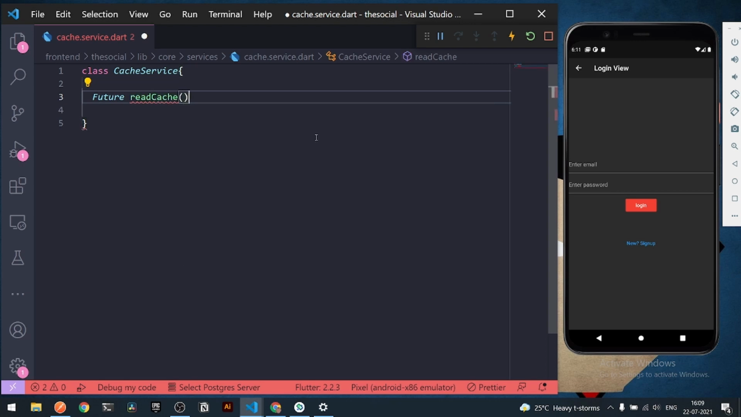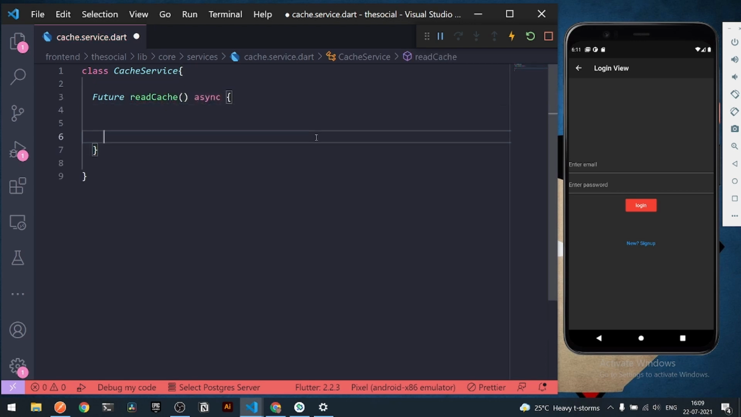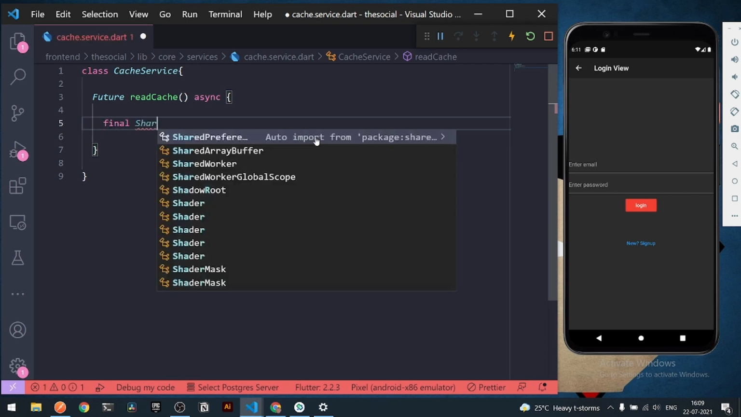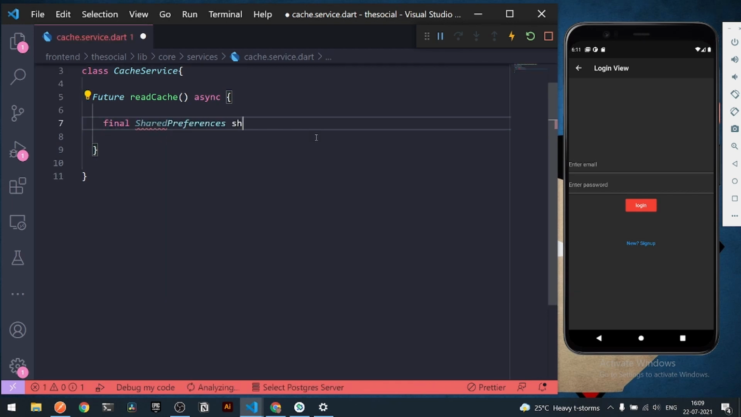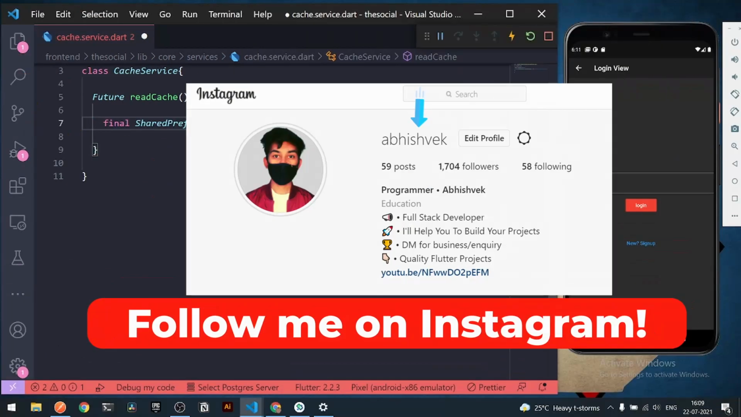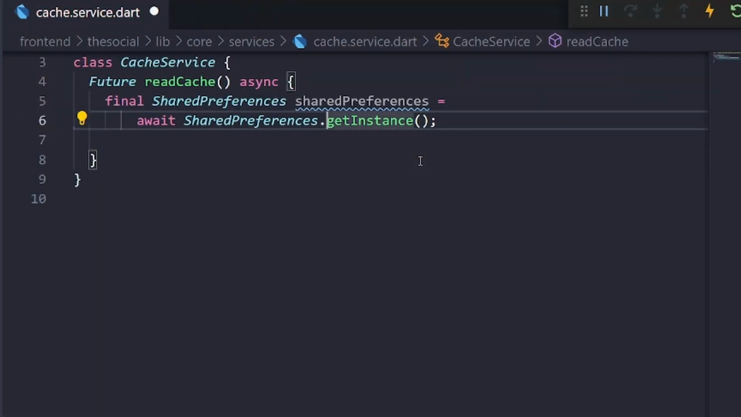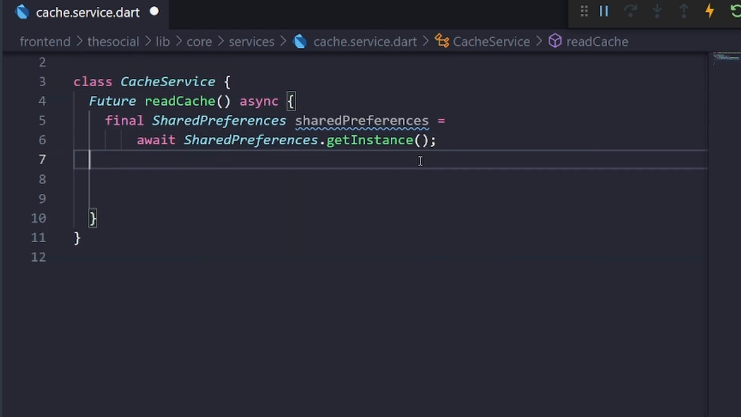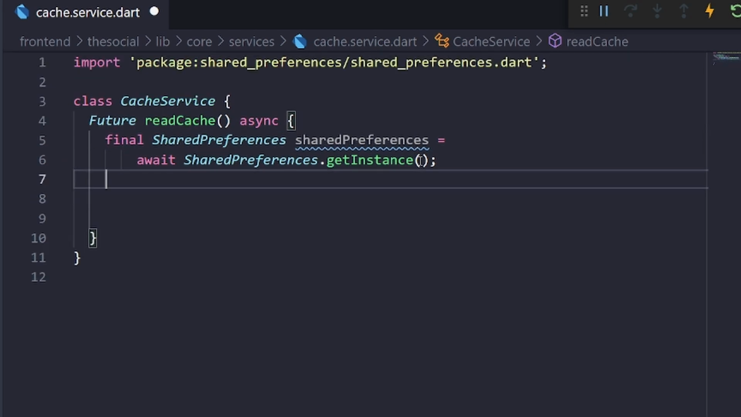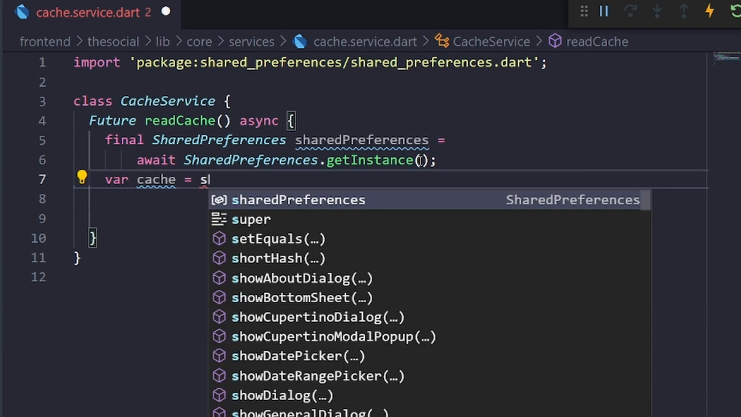It will be taking some arguments, but before that, let's complete our method. First of all, I can get an instance of shared preferences, right? It will be a new instance of shared preferences, using await SharedPreferences.getInstance, right? Now after having the instance of my shared preferences, I can get the particular string. For that, I can say let cache be equal to shared preferences dot,